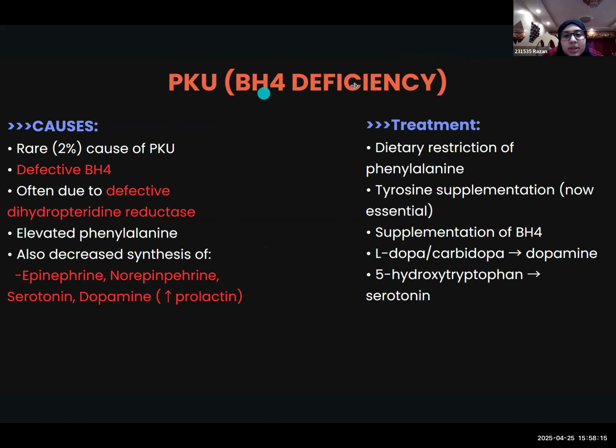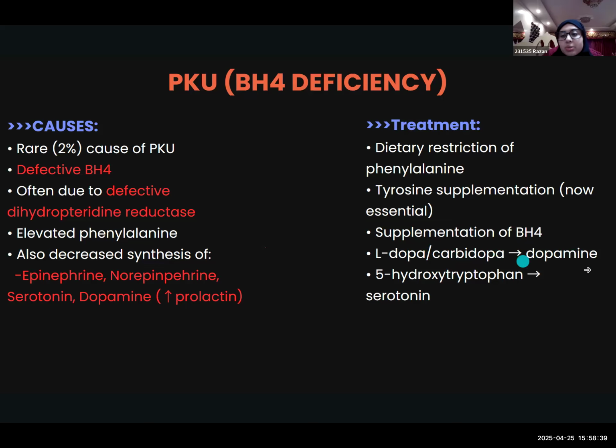Again, here, as I said, the BH4 deficiency is the same thing. BH4 is not there, so the enzyme won't work. Why is BH4 not there? Because the enzyme dihydropteridine reductase is not there, so we cannot synthesize it. And again, the treatment is the same thing. We just supplement by giving BH4,